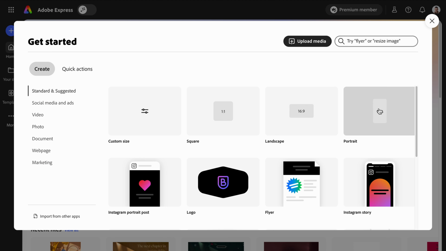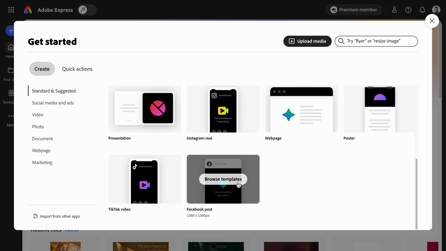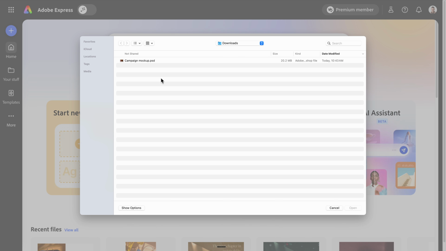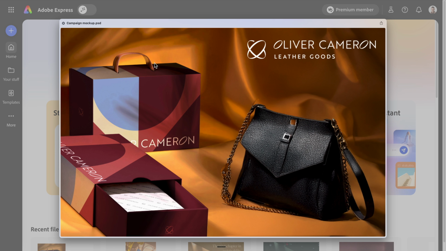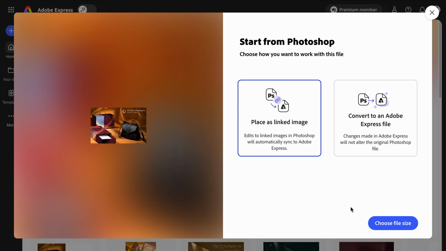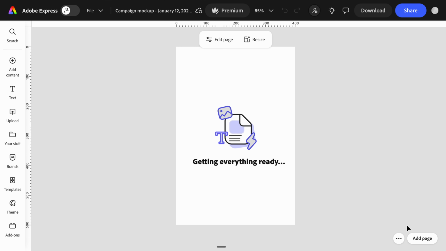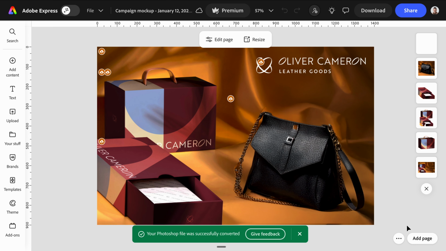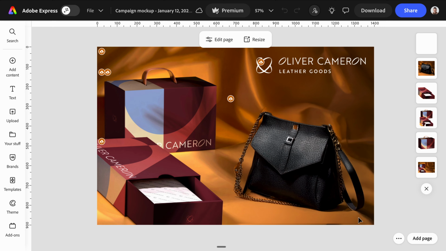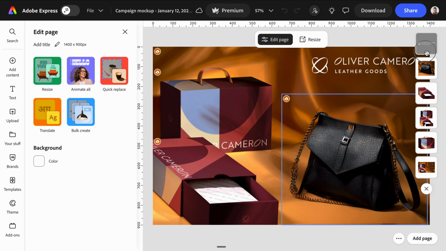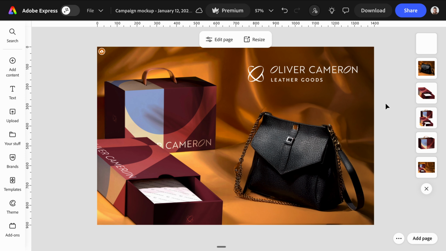Choose a format your team uses often, like a social post, flyer, or presentation. Here's another option: upload existing design files. If your creative team works in other Adobe apps, you can upload almost any file type: JPEG, PNG, PDF, Photoshop, or InDesign. Express preserves the original structure, including layers, so you can turn existing designs into ready-to-use templates without rebuilding